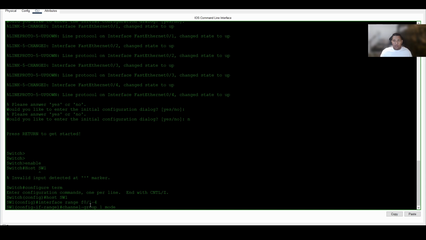Now, you can't use passive and passive, because if they're both passive, they're just waiting basically on an active connection to form that ether channel. So on one side you can use passive, on the other side you can use active, or you can use active and active. Those two will form an ether channel. So on this side we're going to go ahead and use active,